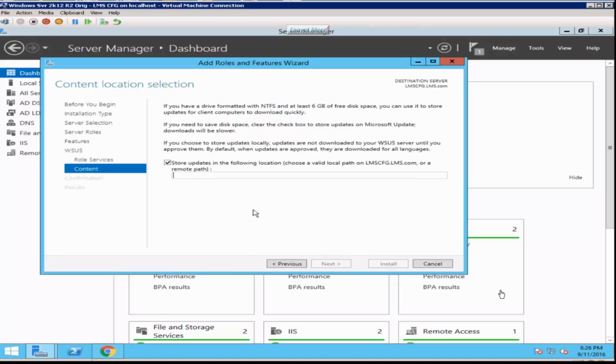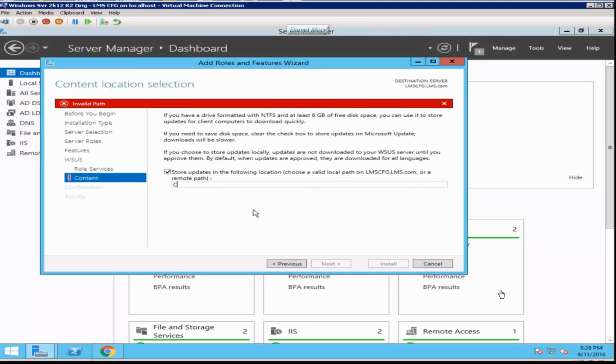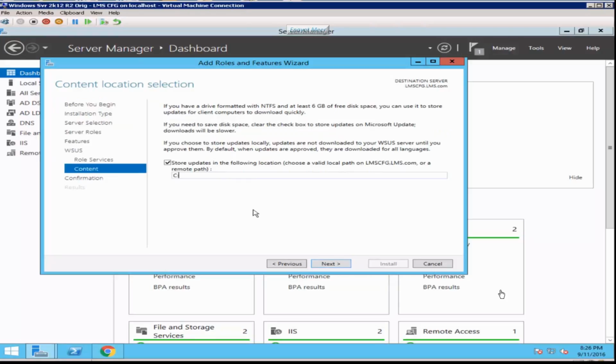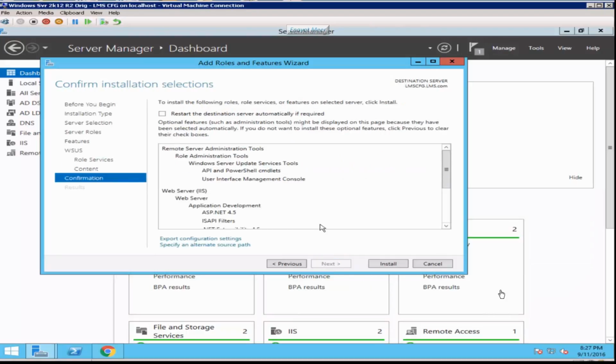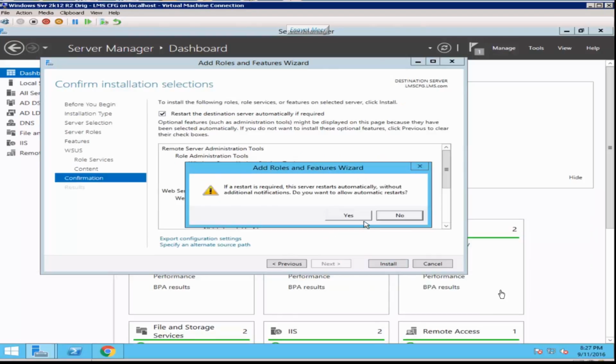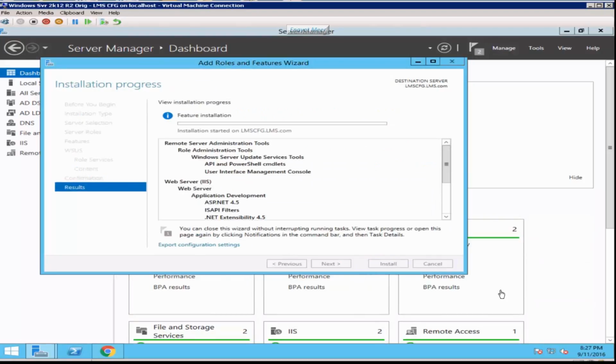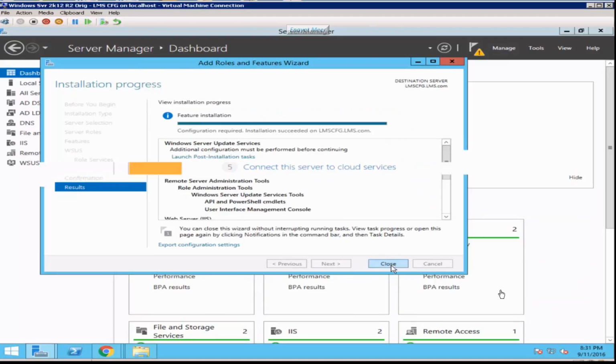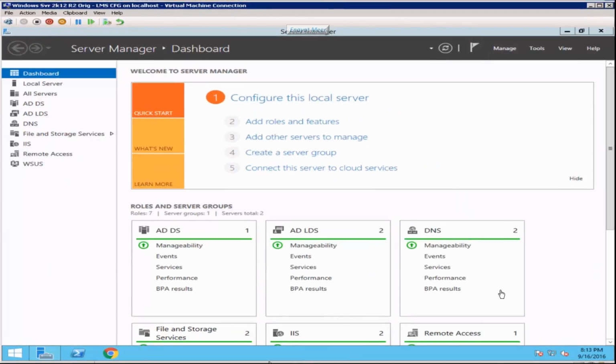We are not using that for WSUS. We are not using SQL directly. Here I am going to put a folder, C:\WSUS, where we have all downloads. So make sure you have enough room in your drive, whichever drive you mention, for downloads from the upstream server. In this case, that will be from Microsoft.